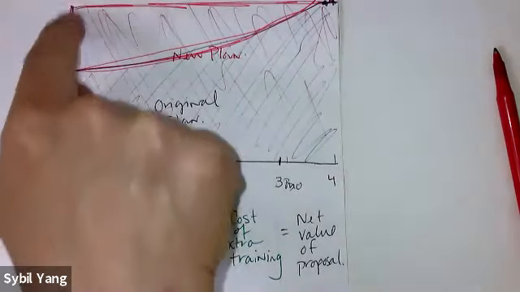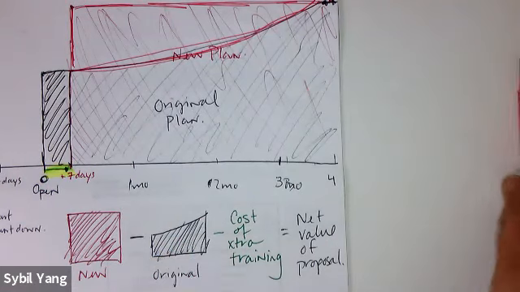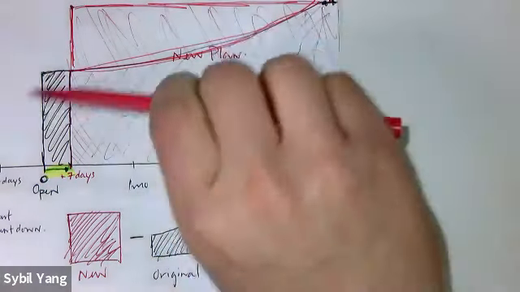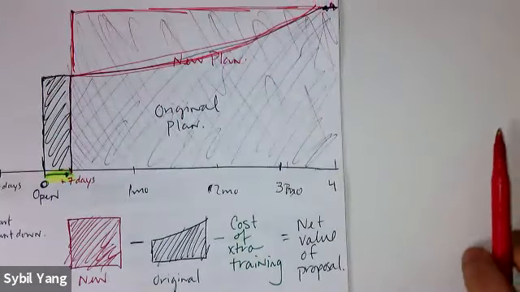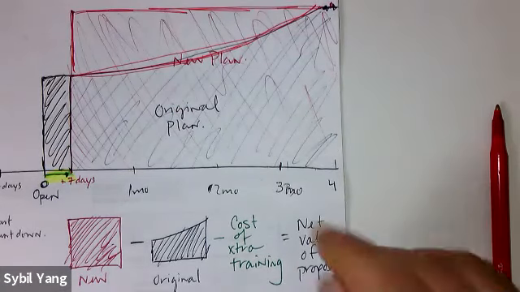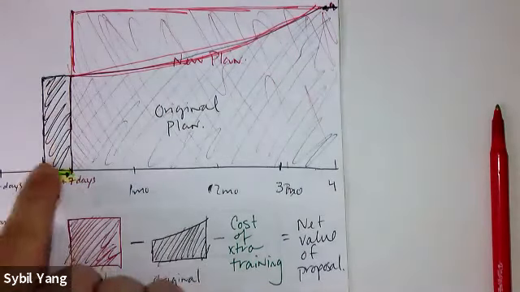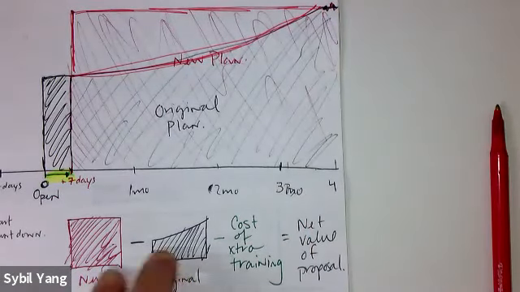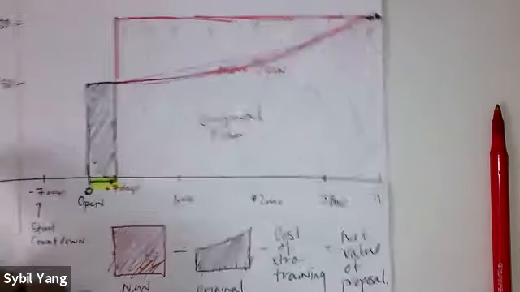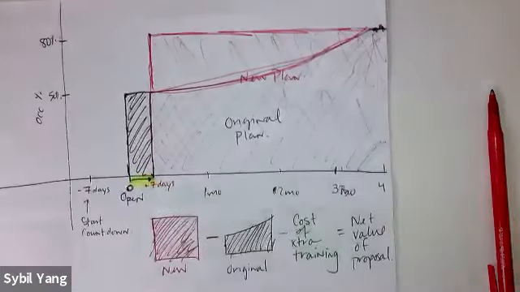Notice that what the new plan will make us, subtract what the original plan will make us, is the same as this red area minus this area here, because this overlap will just cancel each other out. So conceptually, we're going to calculate what this big red area is, calculate what this black area is, and subtract the two to find the net increase in sales.